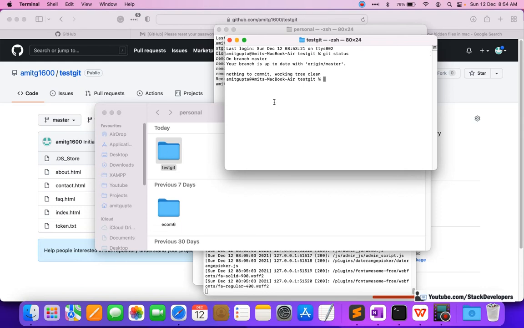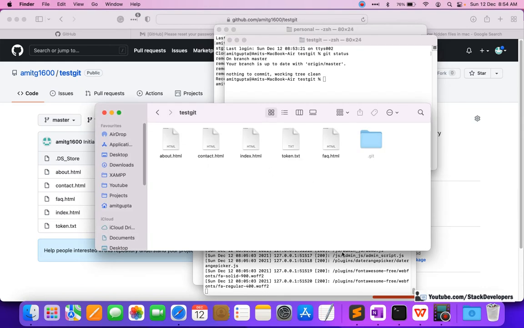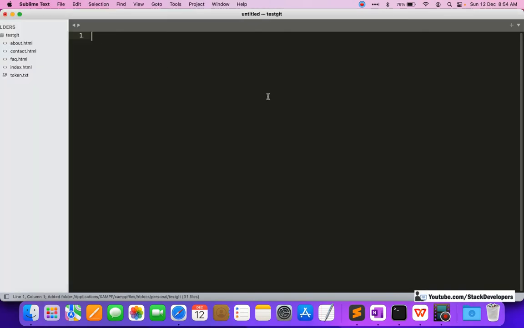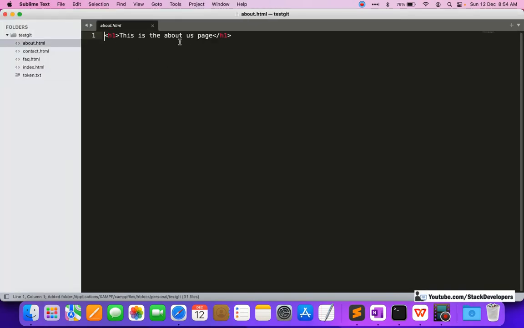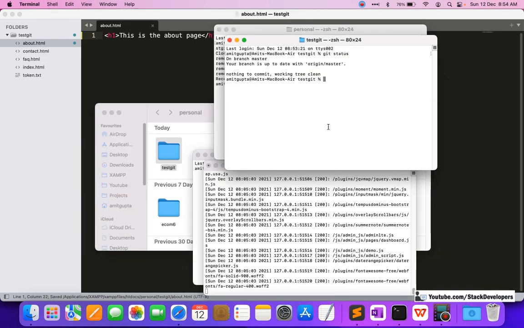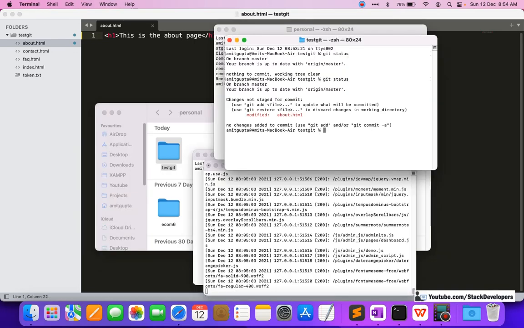What we can do here, I will open this and make a change in one of the files. I will remove us from here like this. Now just for testing, git status, see, it is saying this file has been modified.